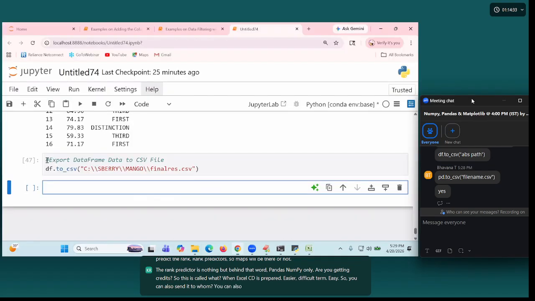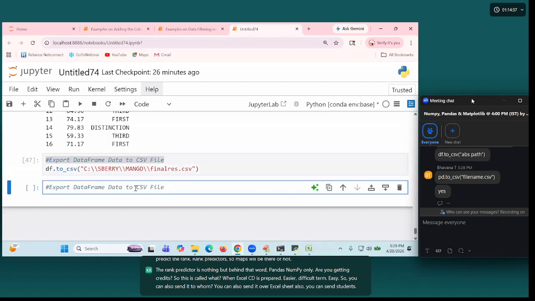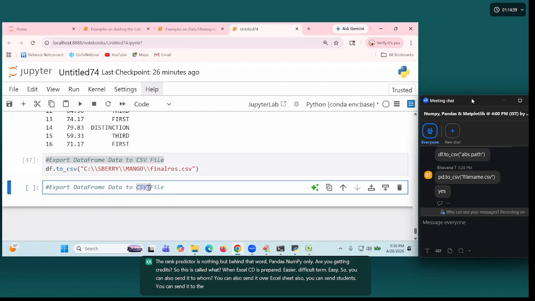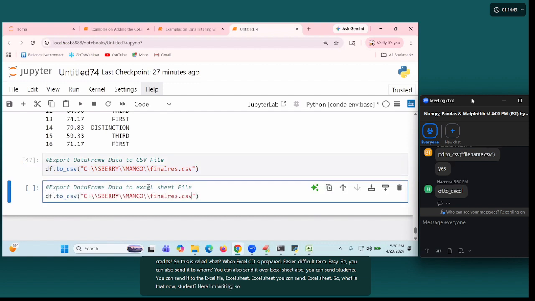You can also send it to what? Excel sheet also you can send, students. You can send it to the Excel file, Excel sheet. So what is that, student? Here, to Excel, to Excel. So there I will write final dot